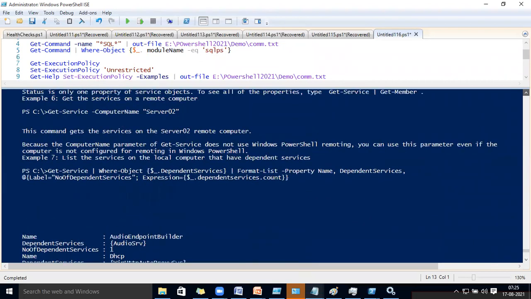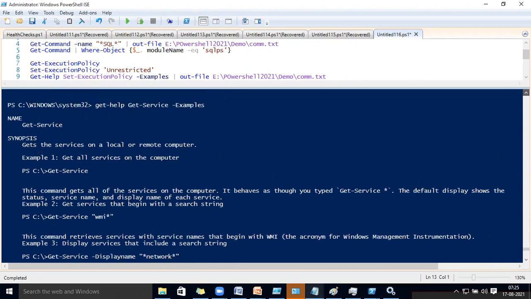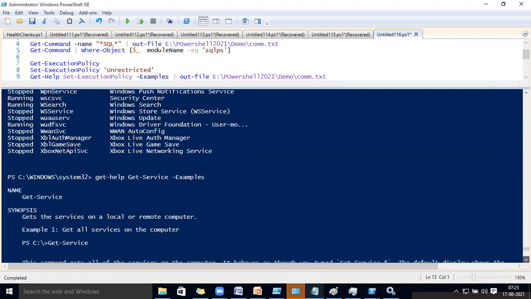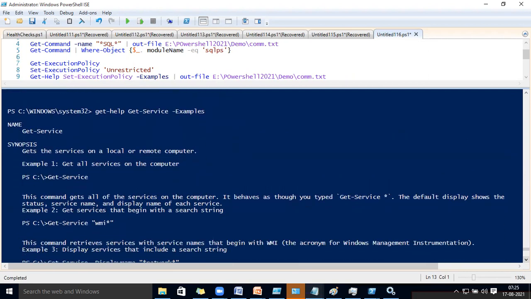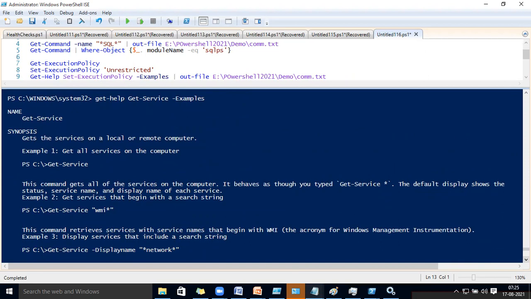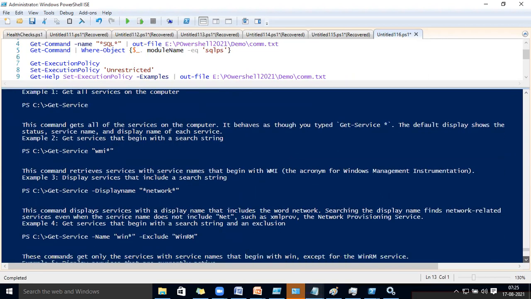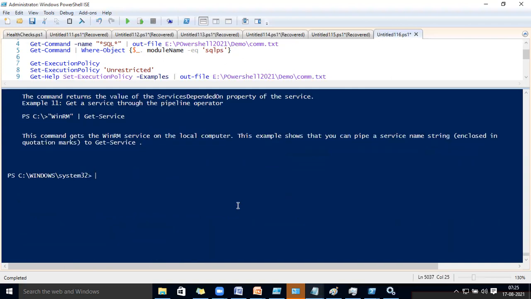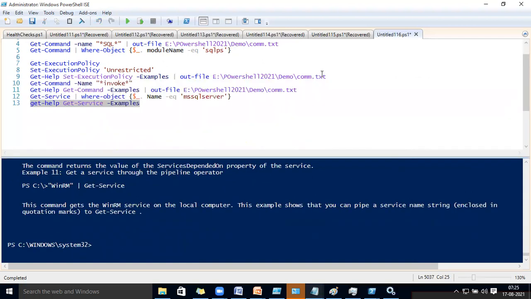I have to take it to the notepad, otherwise it is difficult to read. You can see get services. You can go through the examples also, you will understand how we can filter get services. See here, same thing I have given.